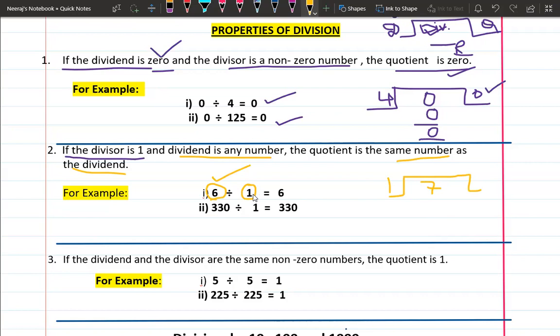You make slices of the one apple. You make 6 slices of the one apple, so that each friend will get an equal amount of slice. So you divide the one apple into 6 slices, so that each friend of yours will get one slice each. So your answer will be 6 only, because you are dividing 6 slices of the one apple among 6 friends. So your answer will be the dividend itself.